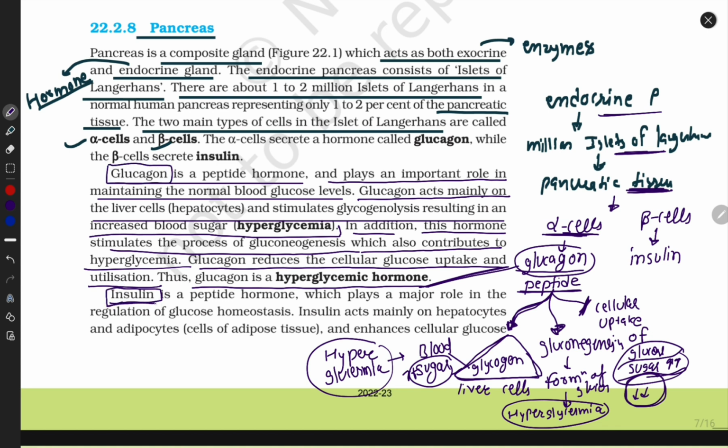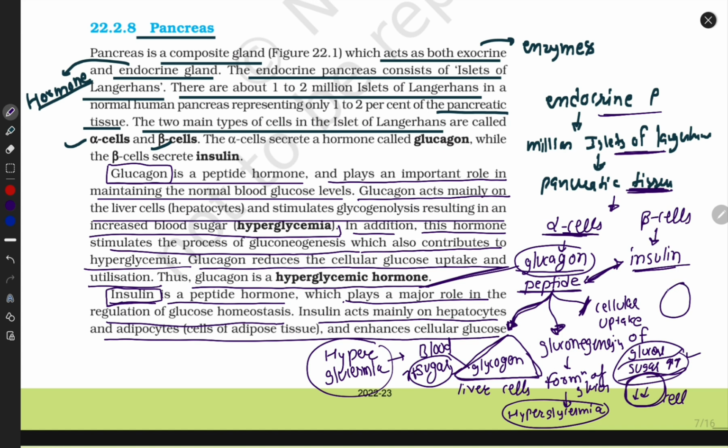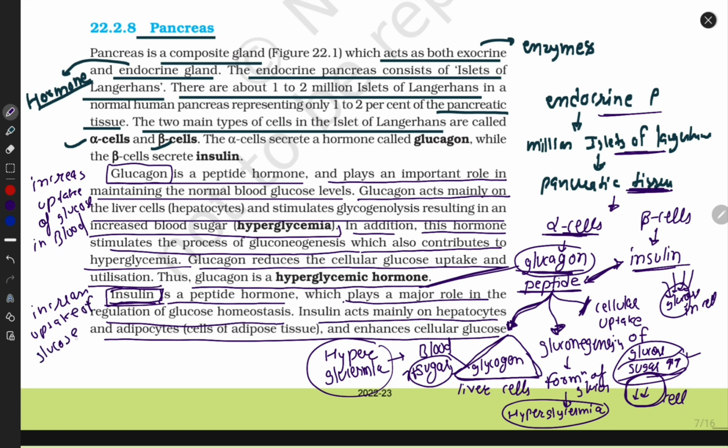Now switch toward insulin. It is also a peptide hormone, which plays a major role in the regulation of glucose homeostasis. They maintain glucose level in blood as well as in cell. Insulin acts mainly on hepatocytes and adipocytes and enhances cellular glucose uptake. What do they do? They do more and more uptake of glucose in cell. What does glucagon do? It increases glucose in blood. And what will insulin do? Increase